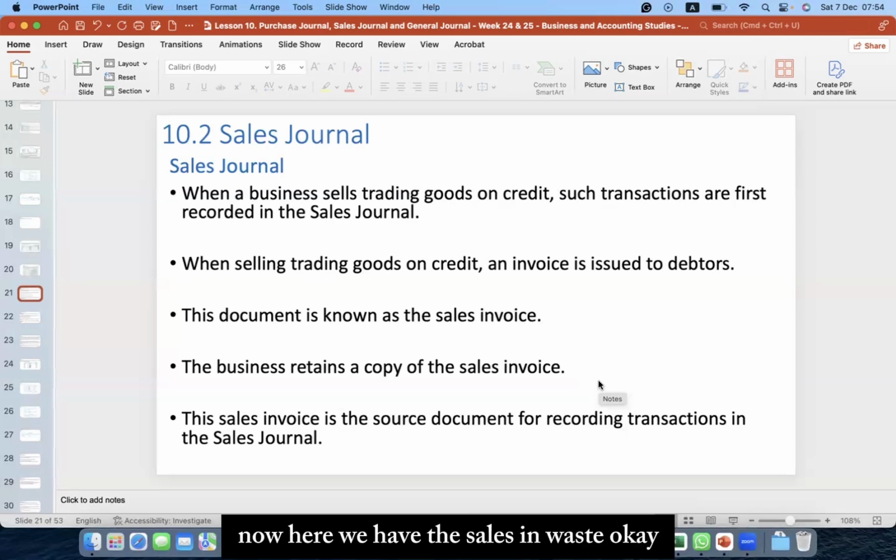Now here we have the sales invoice. And usually in sales what happens is then